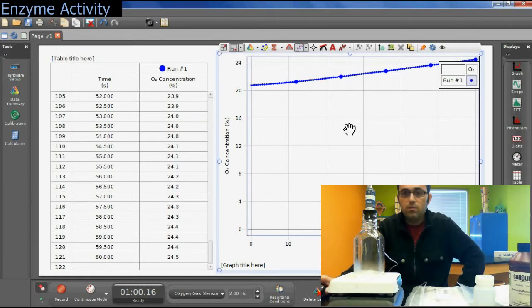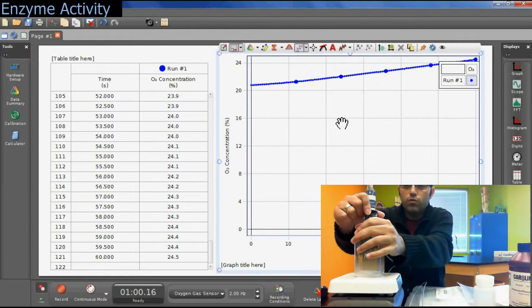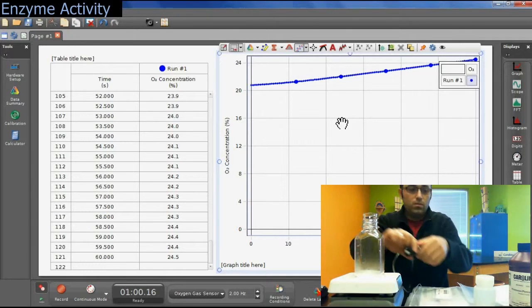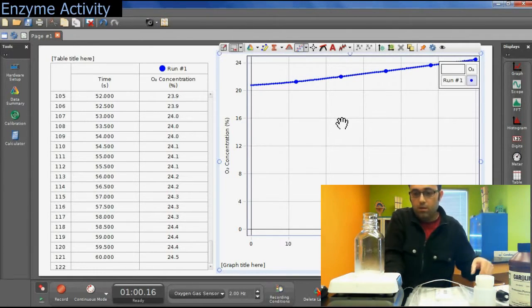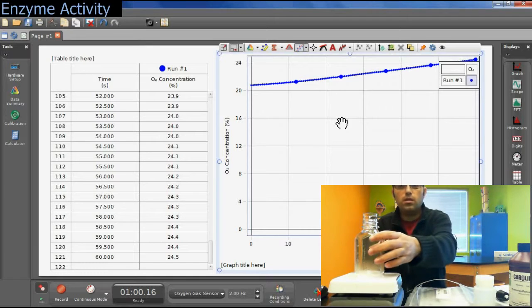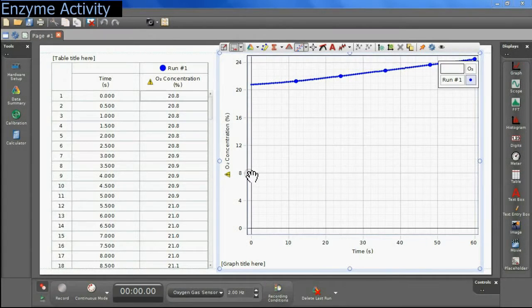Now it's done. Right now I will remove this off, stop my stir, and clean this up. Okay guys, since you have your data already collected and plotted on this graph by Capstone software, right now the only thing you're going to do is to calculate the rate for this reaction,